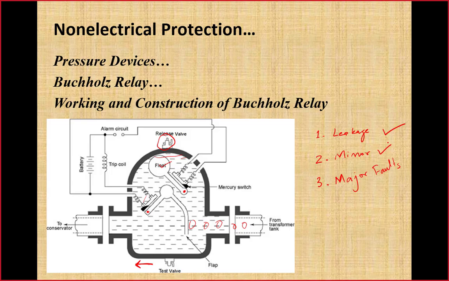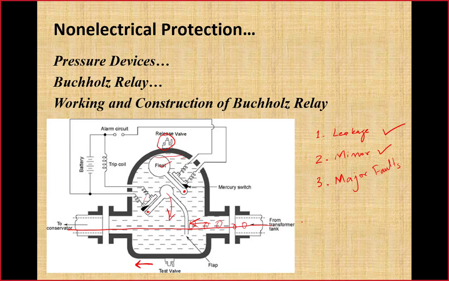In case of an explosion inside the transformer tank, a very strong pressure wave will be created by the decomposition of oil, and that will thrust oil from the tank into the conservator through this path of the Buchholz relay. So oil will rush from the tank through this relay into the conservator. On its way from tank to the conservator, it will push this flap downward and result in this float moving downward. This is the purpose of this flap, that is in the path of flow of that oil.